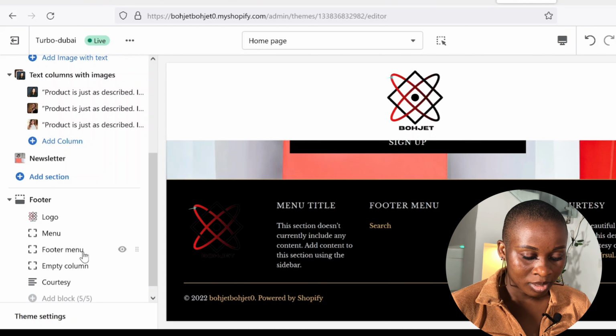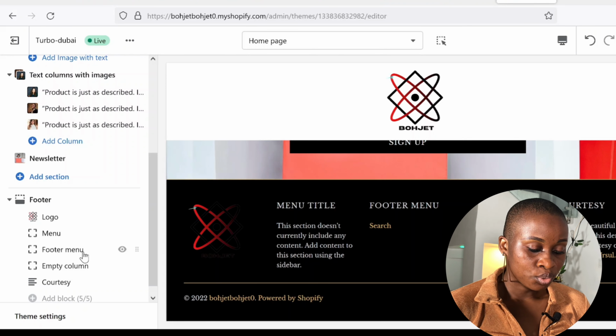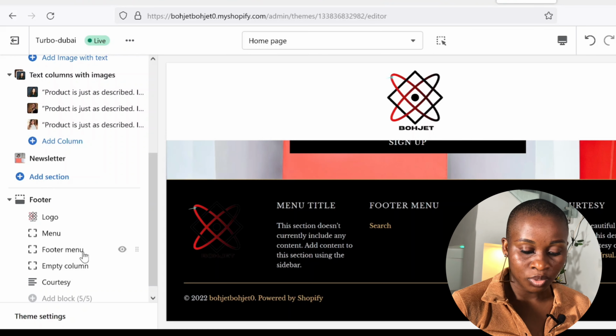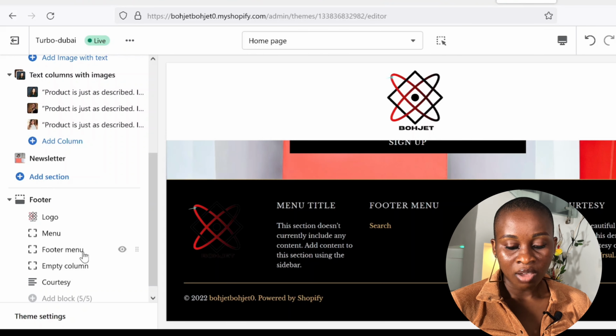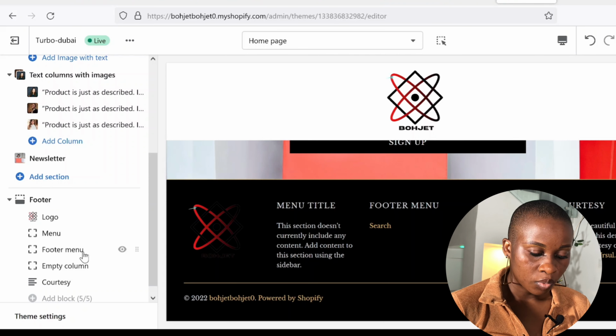And this particular place, if your store is new, there's no need for you to pick show social media footer, because if I tick it, it will show right here. But if you have a new store, you don't really have a social media presence, so there's no need for it. We'll remove this block. We'll get rid of this as well,